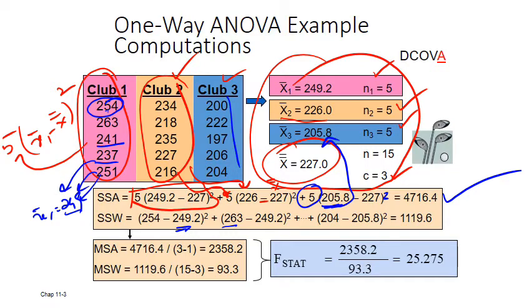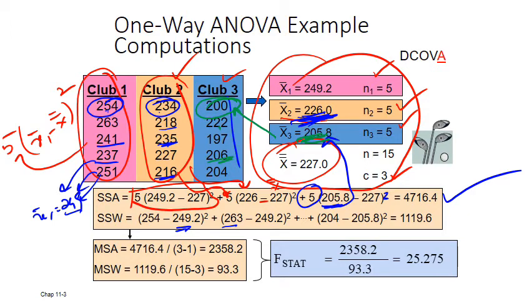Then we choose 234, now 234 minus the mean of the second group, which is 226, 218 minus 226, 235 minus 226, likewise 216 minus this. When we move to the third group, 200 minus the mean of that third group, 222 minus 205, 197 minus this,